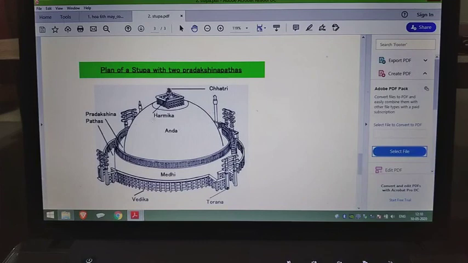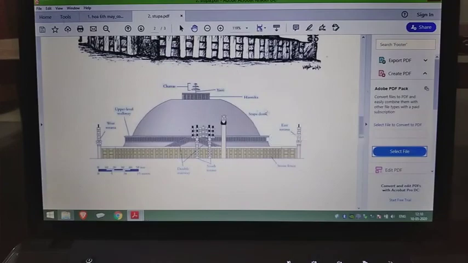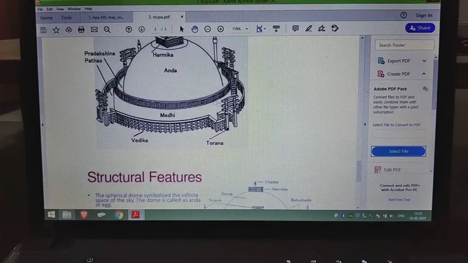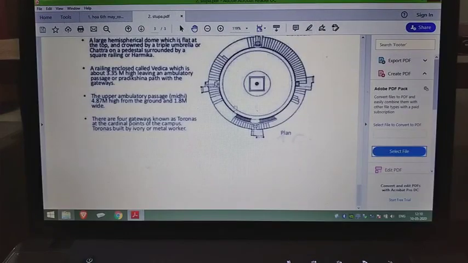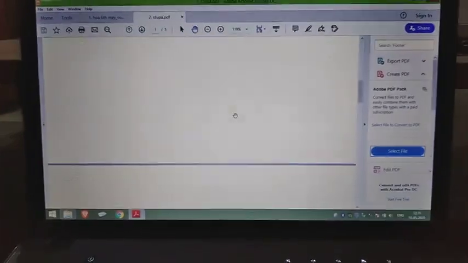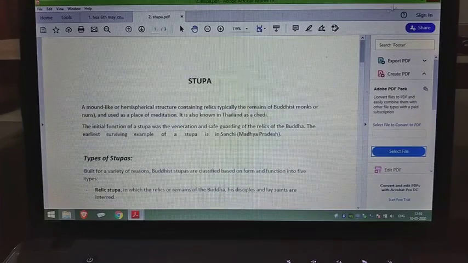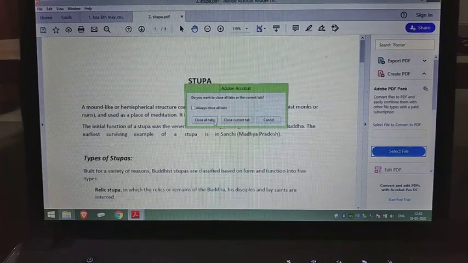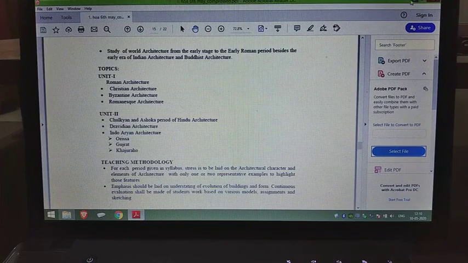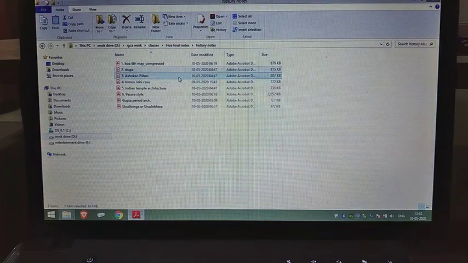This again from the last one. और ये एक 3D वाला है. Rather than making these two in your exam, it is much easier to make this, और इससे you can explain, right? So ये तो same photo I have used, and this is as much as you need to know about what a stupa is. ठीक?